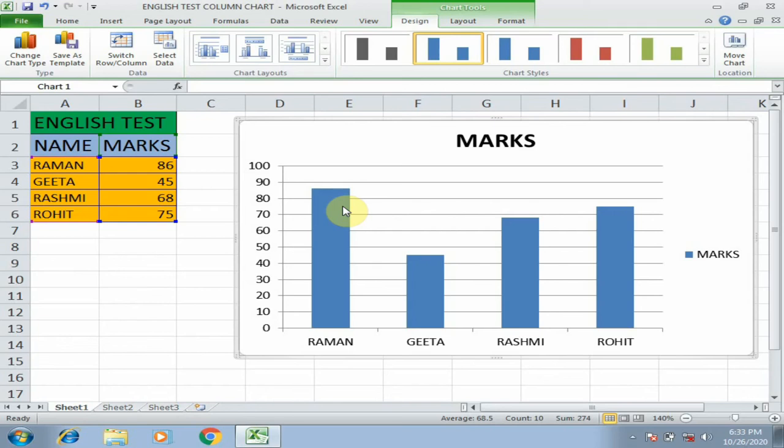Now here is something special for us. When we are inserting a chart in our worksheet for our data source, you can see here we are getting Chart Tools at the top. This is a new tab. Actually it is providing 3 extra tabs: Design tab, Layout tab and Format tab.